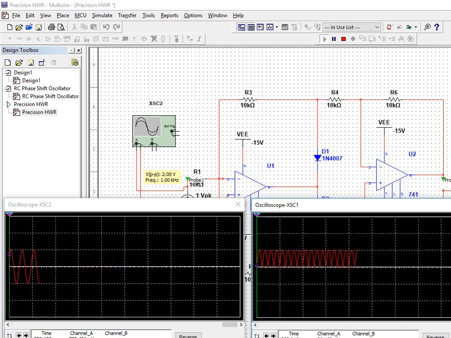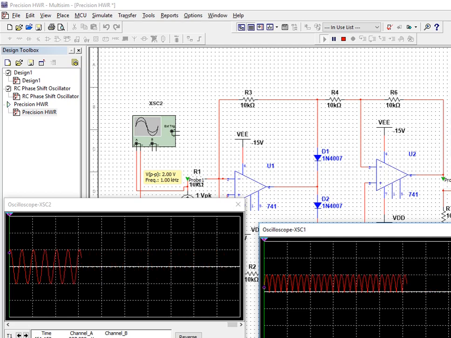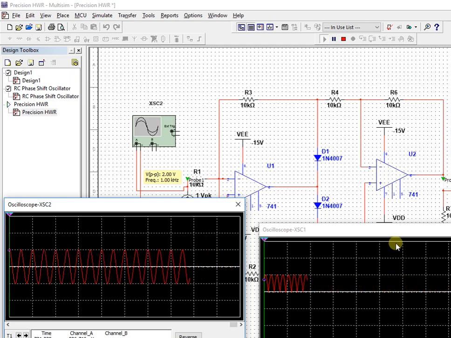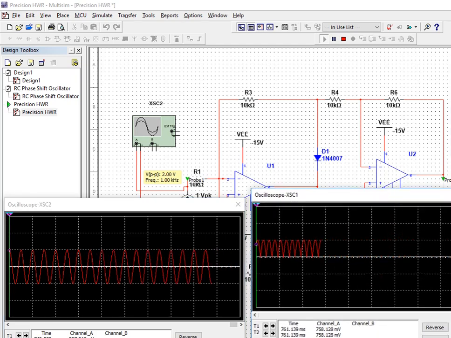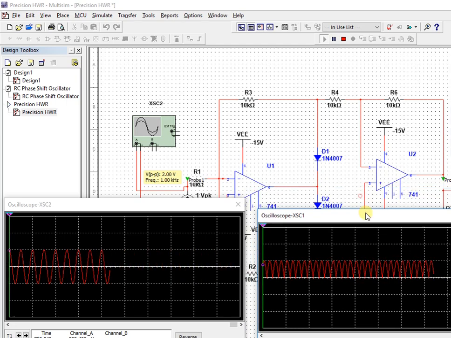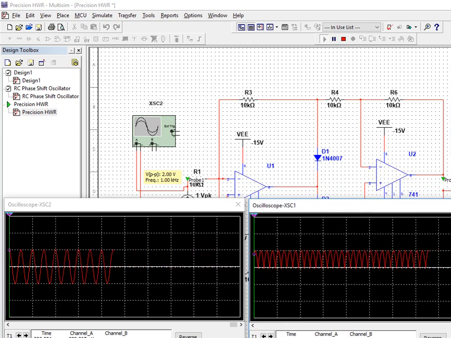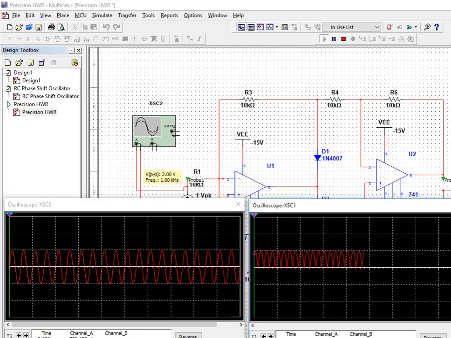So as you can see, I am going to change the input to AC, and here at the output side I have 1 volt when I have set the input voltage to 2 volt peak to peak. You can see that both during the negative and the positive half cycle, I have positive half cycles at the output side. So input is AC, output is DC, that is being selected.